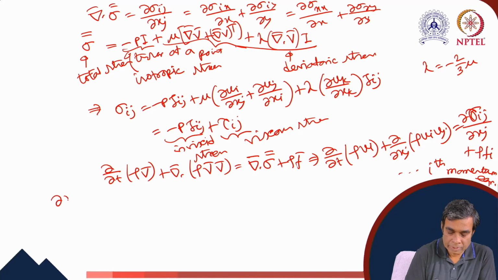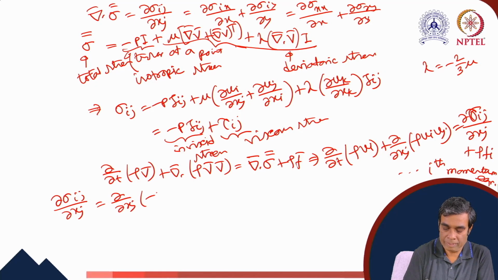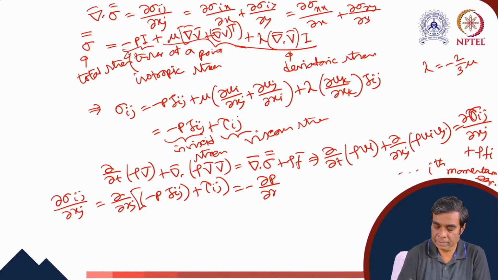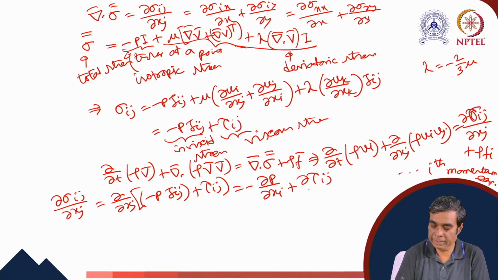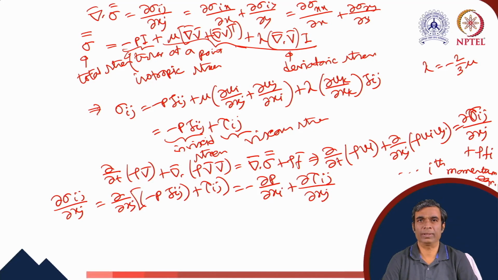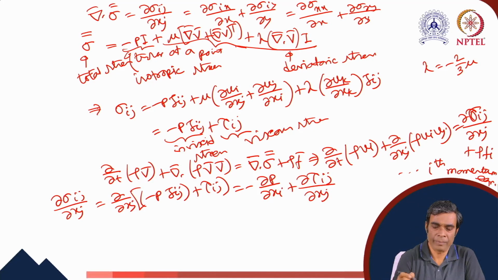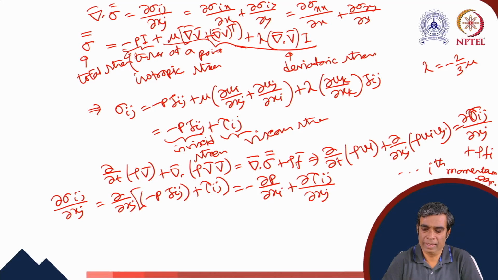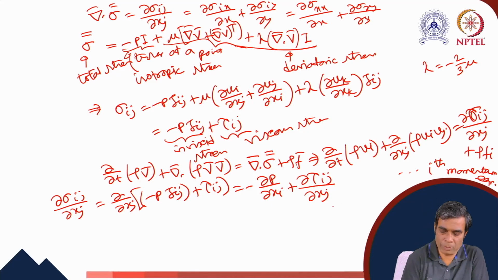Now this del sigma ij del xj gives us del xj of minus p into delta ij plus tau ij. This gives us minus del p del xi plus del tau ij del xj. So in the Navier-Stokes equations, actually we deal with the stress divergence form of the governing equation, and then if we simplify it, we have simplified versions we can write in terms of the primitive variables. So suppose for i equals 1,